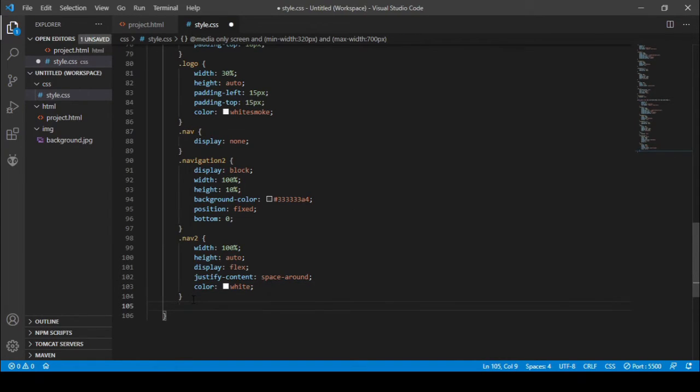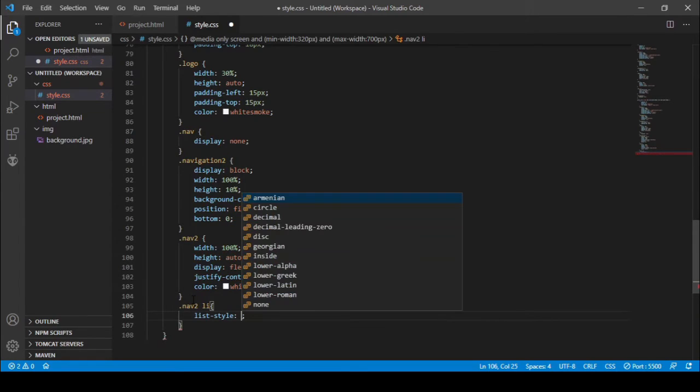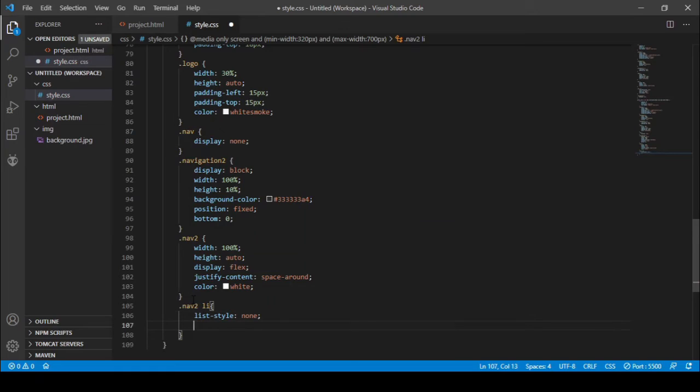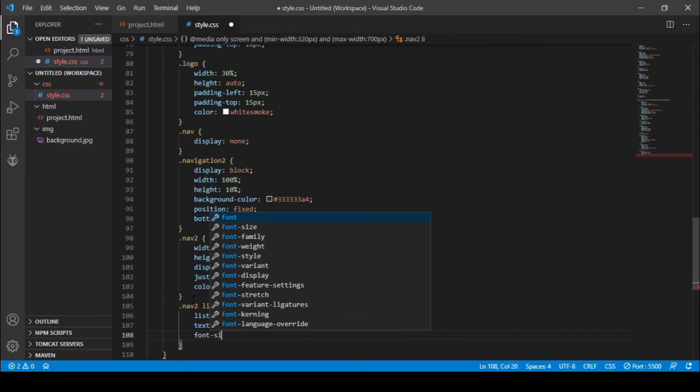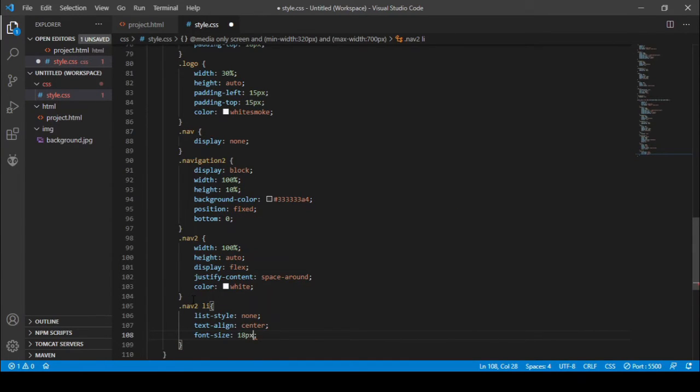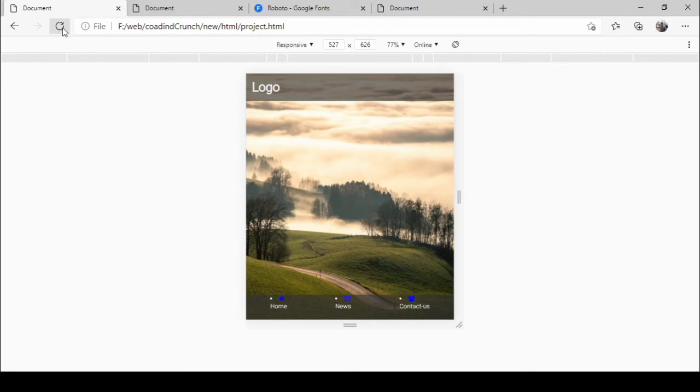We have to remove the list style from the list tag. We have to select the list and we have to remove the list style as none, and I have to give the text align as center, and we need to give the font size as 18 pixel, and let's save it and let's refresh the web page again.